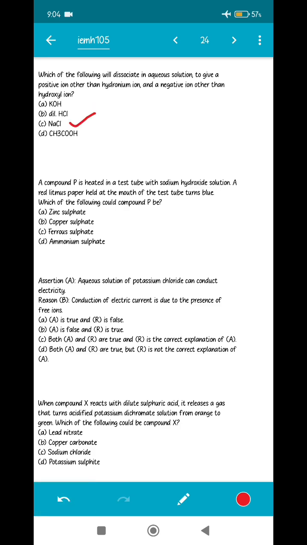A compound P is heated in a test tube with sodium hydroxide solution. A red litmus paper held at the mouth of the test tube turns blue. Which of the following could be compound P? So we know one thing, that red litmus will turn blue in the presence of a base, right? So in the following example, let's see which of the following can form a base when reacting with sodium hydroxide. We know ammonium sulfate,